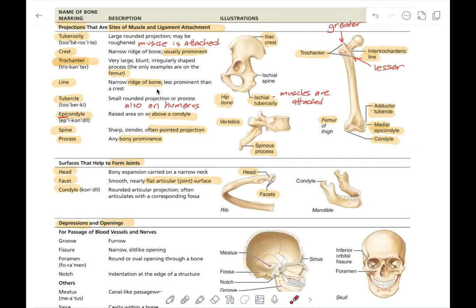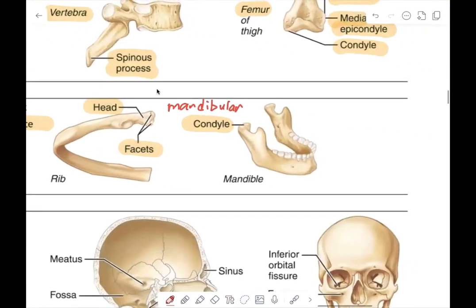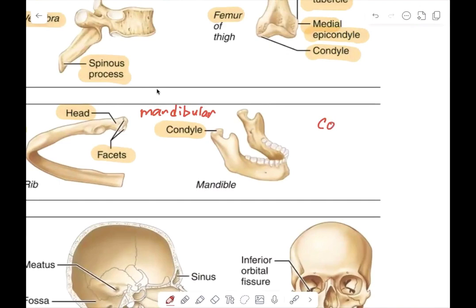But in this case, this is a really important condyle, and it happens to be called the mandibular condyle. And what's really cool about condyles is a lot of times those condyles, like this one, the mandibular condyle, form joints by fitting into